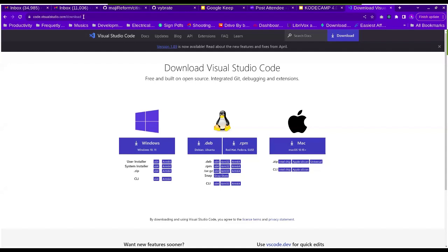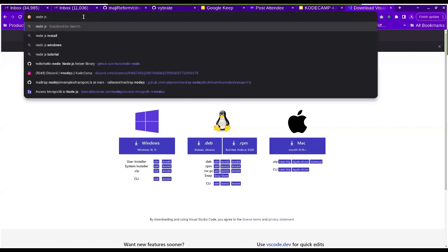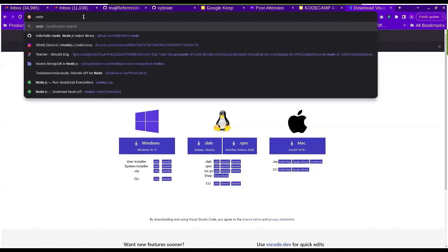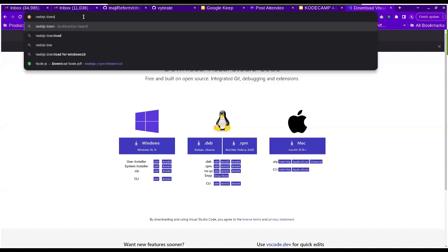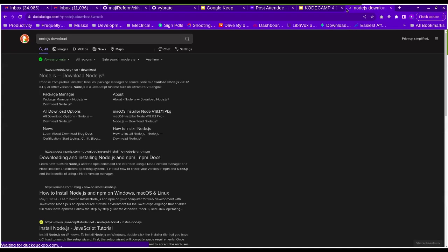How about downloading Node.js? If you just search Node.js download, I hope you guys are taking notes, you'll see this link.